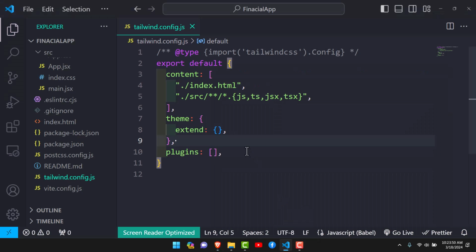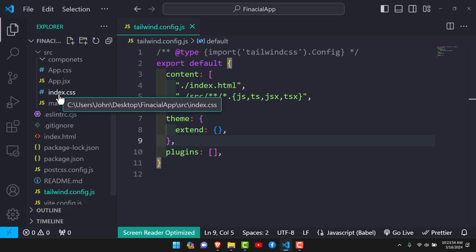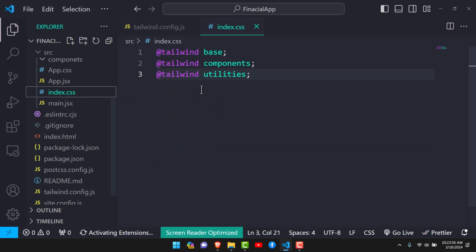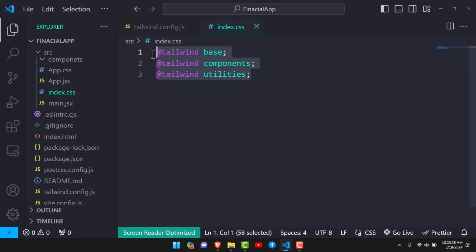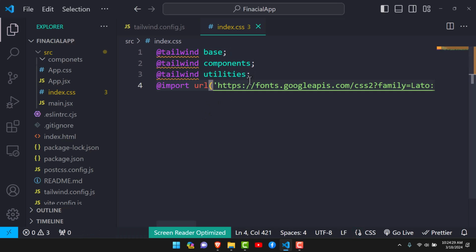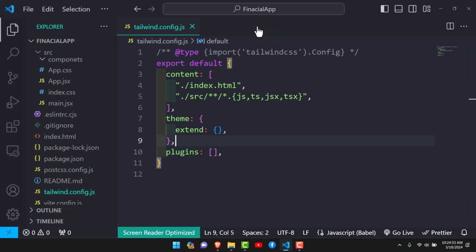so copy that, and I'm going to head on back to my text editor, and I'm going to get to the index.css. So here, and just below the Tailwind directives, I'm going to copy that. Okay, so we have that ready there. So now we need to get back to the tailwind.config.js, and now what we need to do